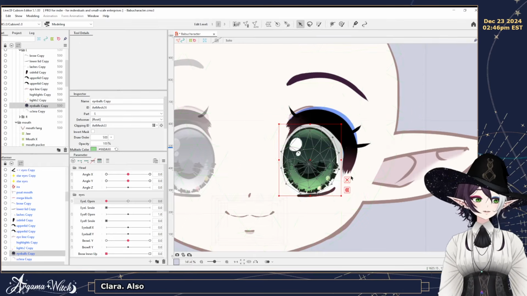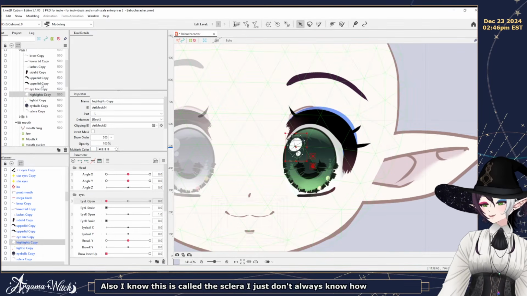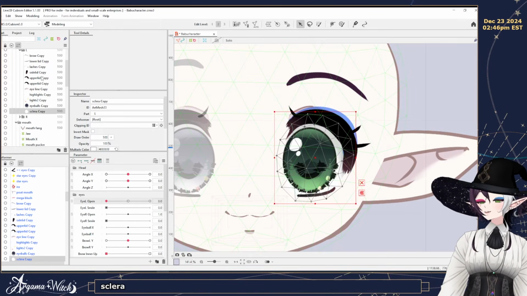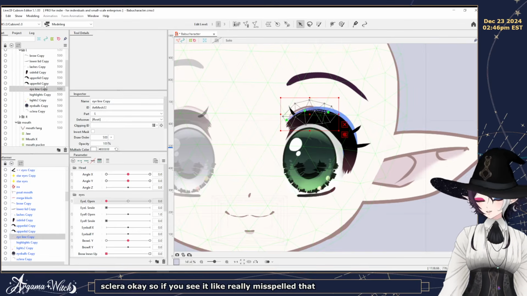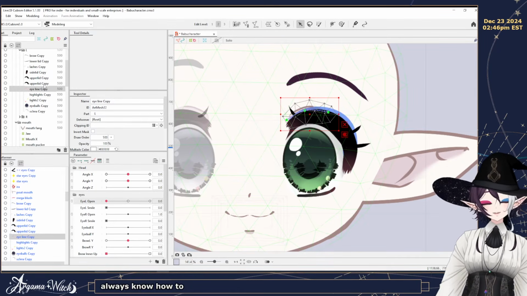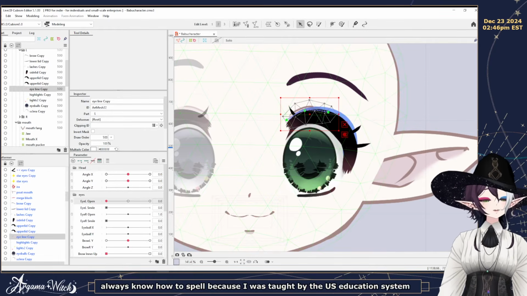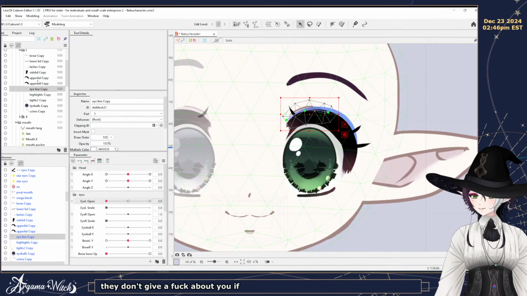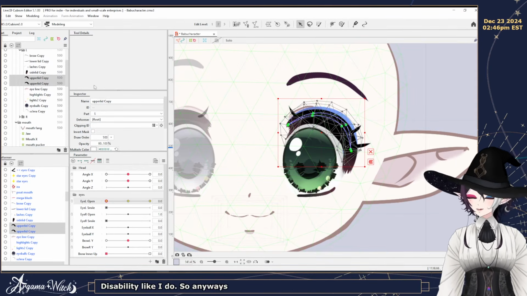Also, I know this is called the sclera. I just don't always know how to spell it. So if you see it really misspelt, that is because I don't always know how to spell, because I was taught by the US education system and they don't care about you if you have a learning disability like I do. So anyways, on that happy note,